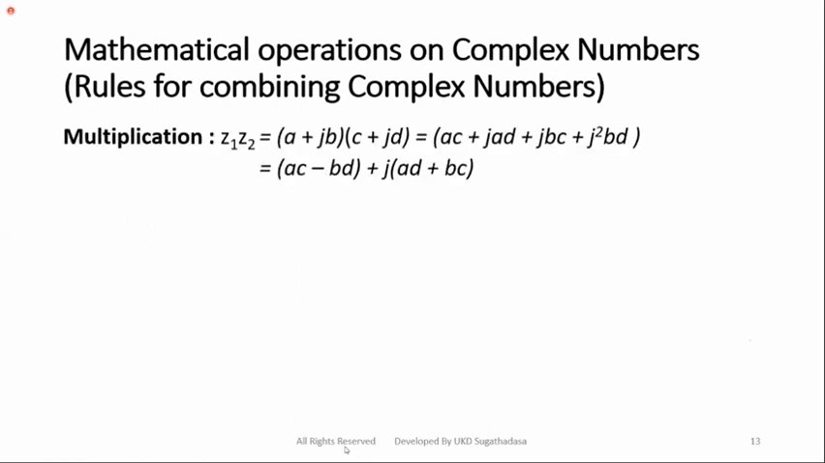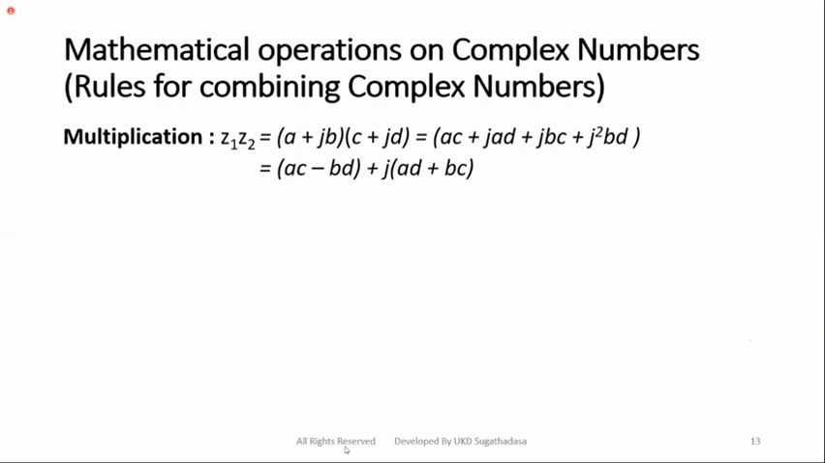Come to the multiplication of the complex numbers. It's very interesting now. I think you are familiar with how to multiply A plus B, C plus D. Same pattern you can apply here. A plus JB multiplied by C plus JD. Now we have to